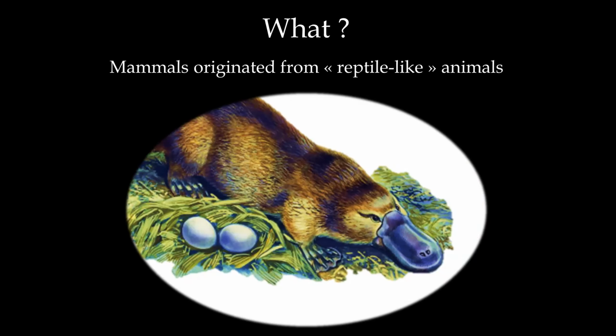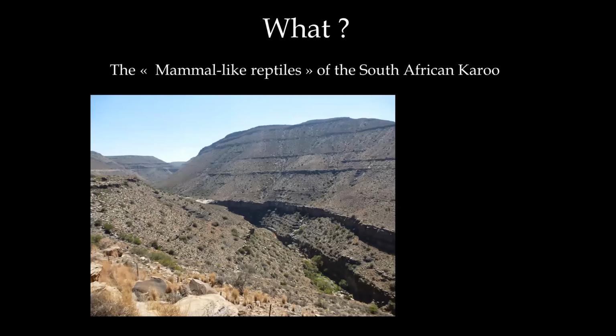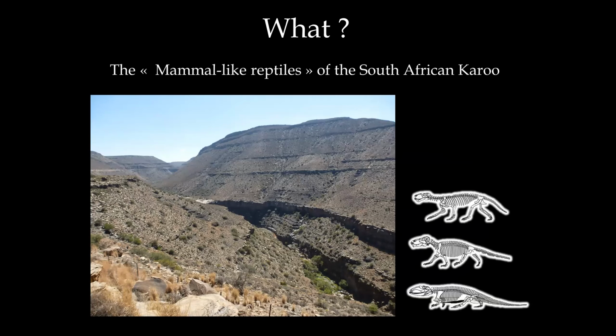So this is a remnant of our reptilian ancestry that we can still see today in the platypus. So here in South Africa, we are blessed with the Karoo, which is a vast semi-arid desert that covers most of the South African country. And the layers of the Karoo are very well exposed and document with great details the transition from reptilian-looking animals